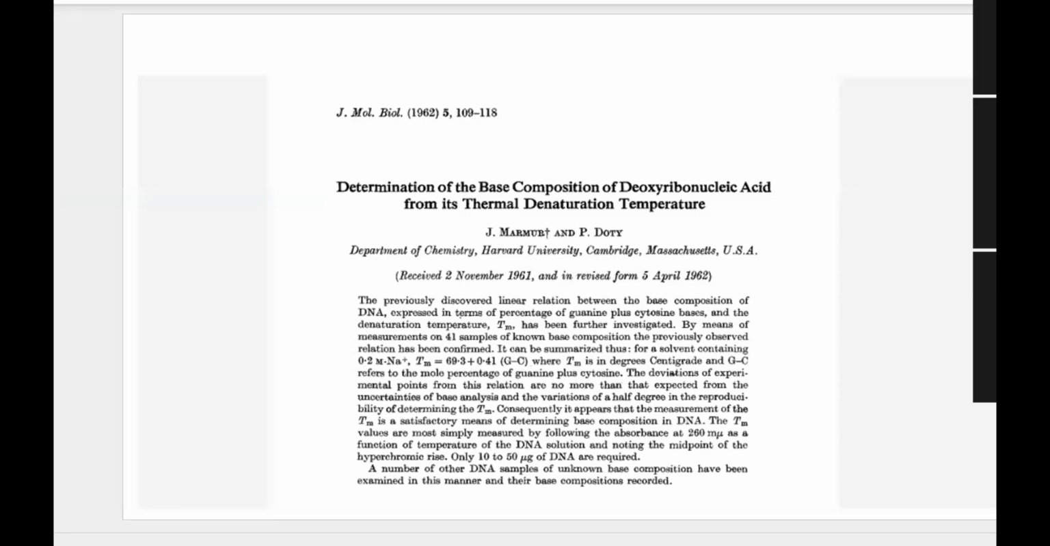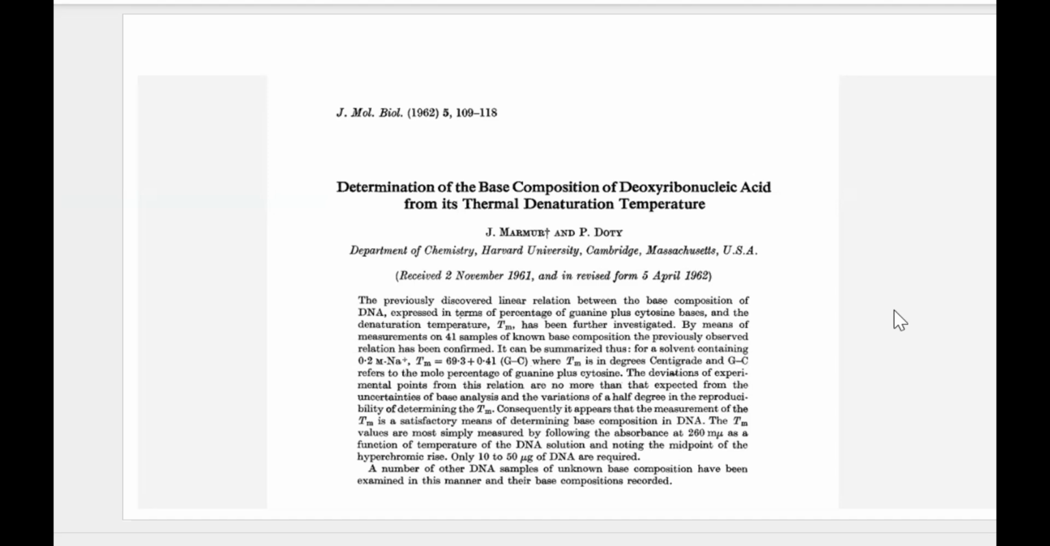In the previous session, we talked about what GC content is, what its importance is, what the Tm value is, how to find out the Tm value, and so on. Now the concern is: what is the relationship between GC and Tm? In this context, we are discussing a paper by Doty et al., which was, of course, an old paper,